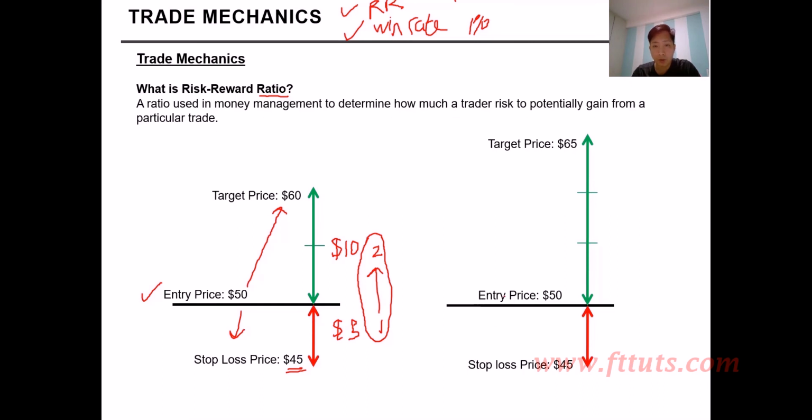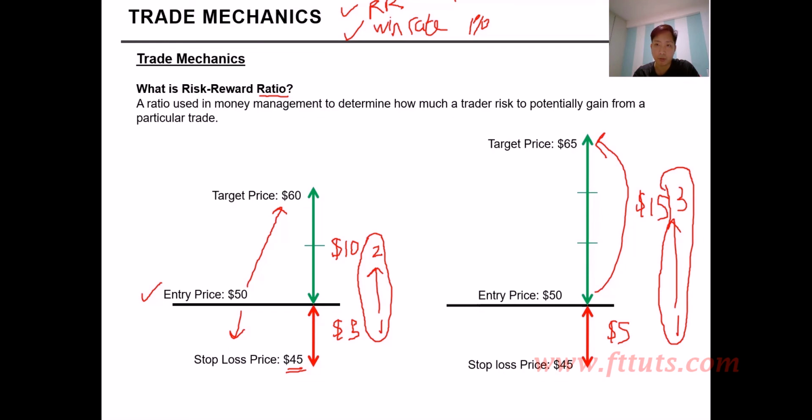So over here, let's say you're long at $50, same thing, your stop loss at $45, you're risking $5. If you're going to take profit at $65, it means that your reward is $15. So this gives you a risk reward of 1:3. Understand? Not so much the dollar value. Most importantly, I want you to understand over here, the learning concept here is that to understand the ratio, that's most important. Okay, so in all the strategy structures you're going to learn later on, we have a risk reward of at least,